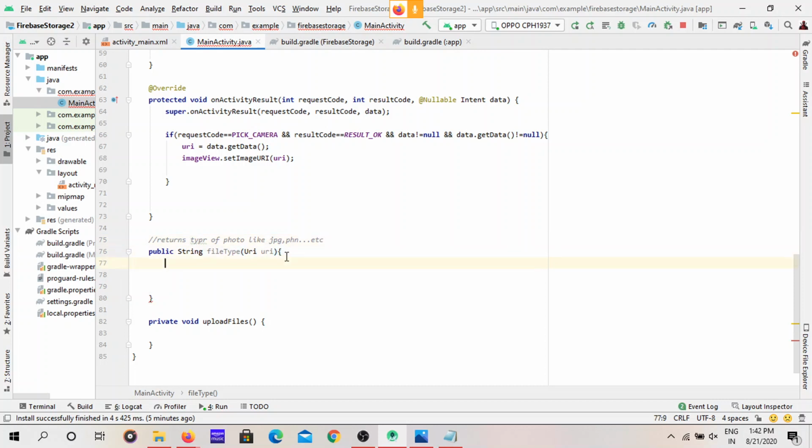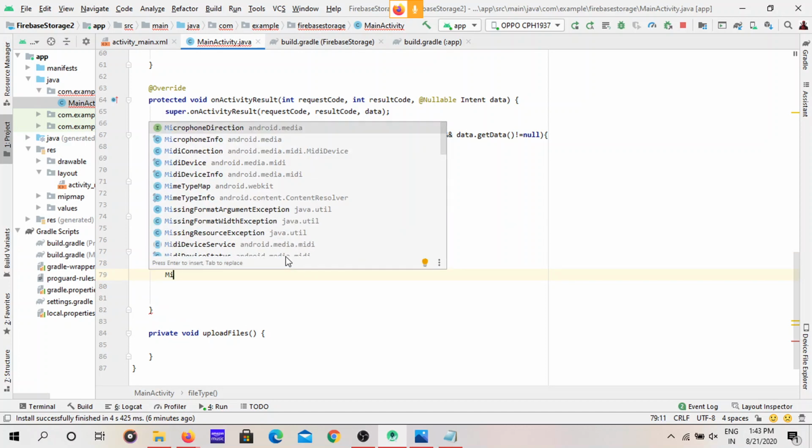I'm just writing the method. You can just search on the internet. ContentResolver equals getContentResolver. This is three lines of code. Don't worry.